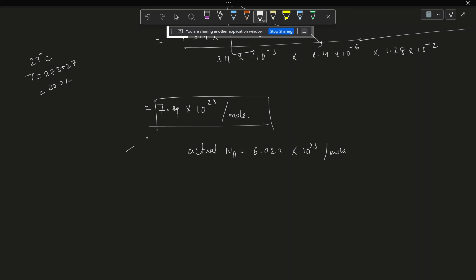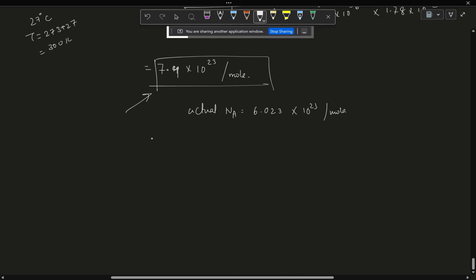So this is a direct calculation of how the experiment was done at that time to indirectly calculate Avogadro's number, and how close it can come. Sometimes in the problem we can also be asked to compare this calculated value with the actual known standard value of Avogadro's number. So basically you have to take a ratio of them